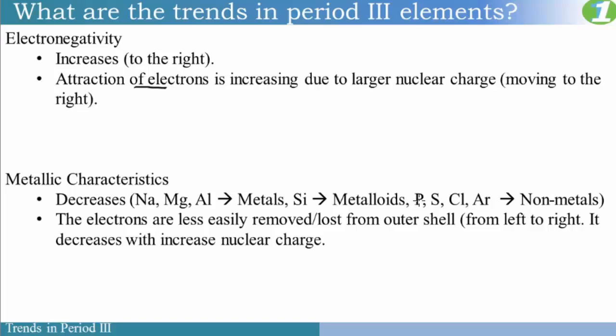Phosphorus, it is very difficult for phosphorus to lose 5 electrons. So instead, it would gain 3. Sulfur would gain 2. Chlorine would gain 1, and of course argon is already stable, so it will not lose or gain electrons. So you now understand that the electrons are less easily removed from left to right, because of